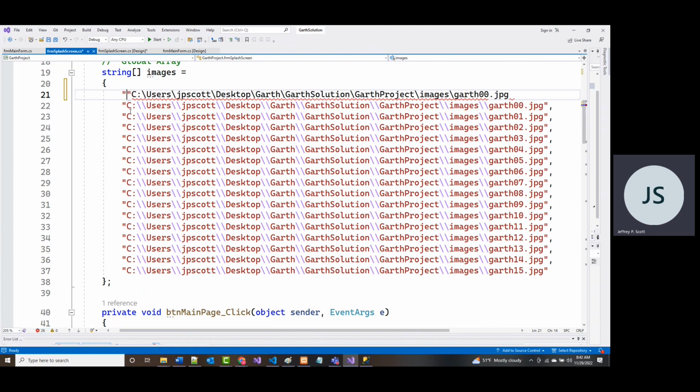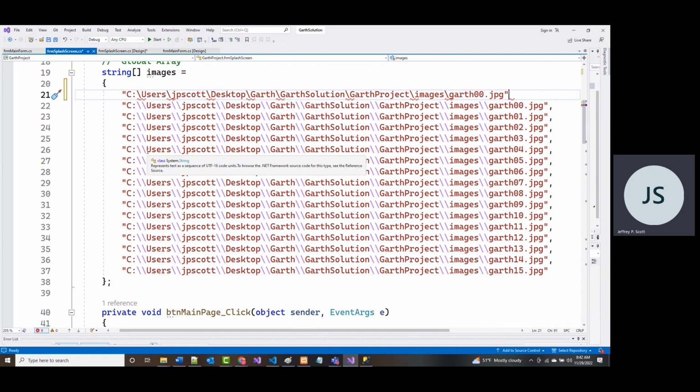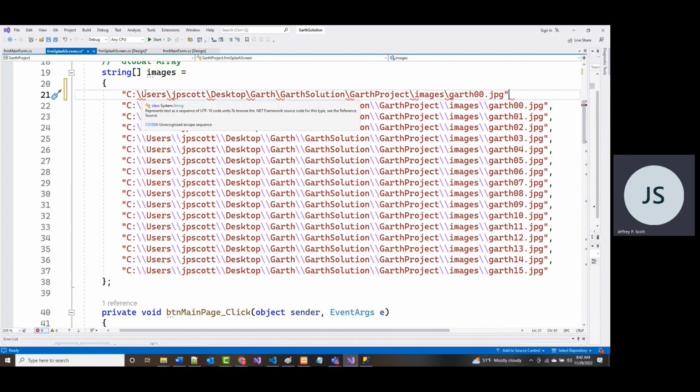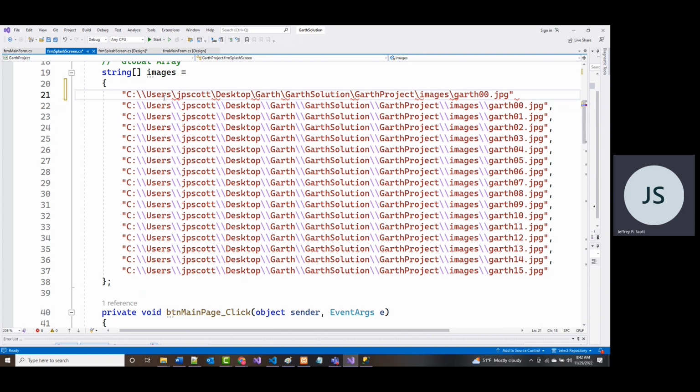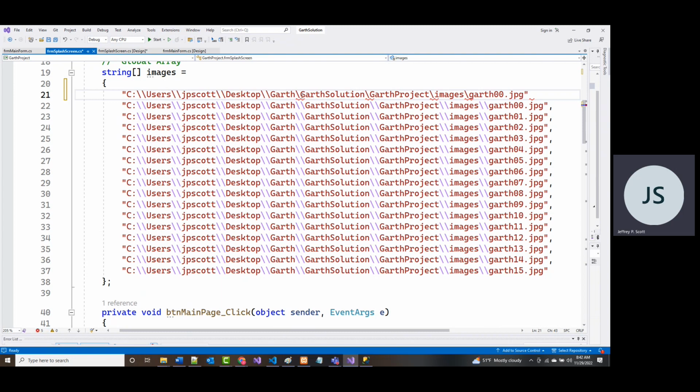So there's a double quote, and there's a double quote. This is my array of images. Now, it doesn't like the fact that there's just a single backslash there, because that single backslash means it's trying to say, oh, is there a control U or a control J, etc. Those are basically trying to run a command on that. So just put another one in there. Notice as soon as I put in another one, those errors all go away. And there's other ways that you can do this as well.